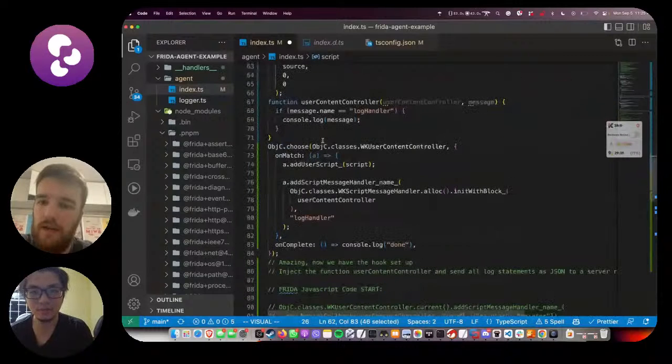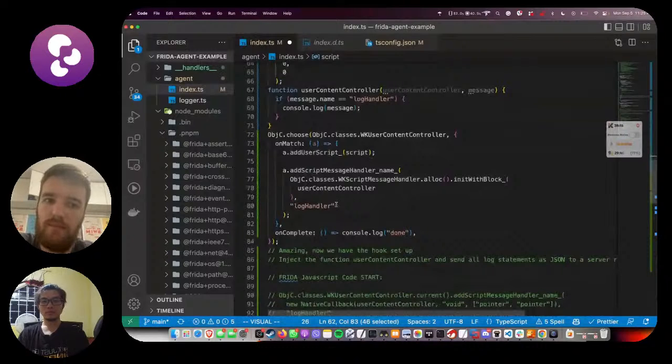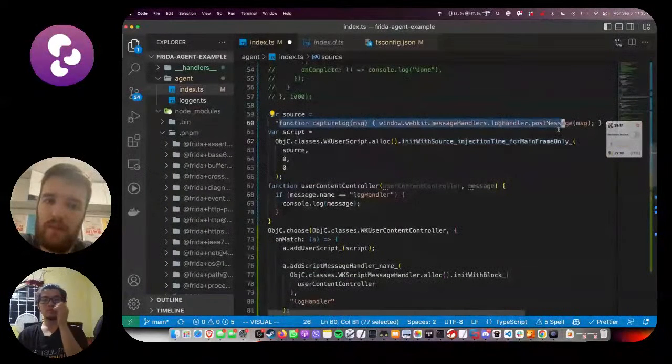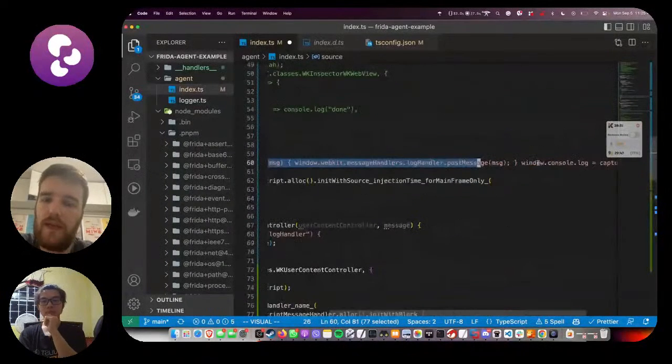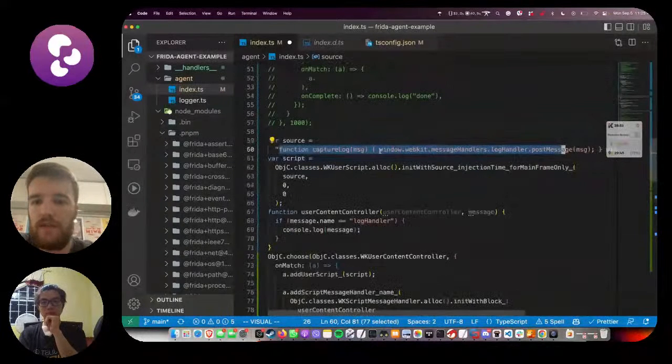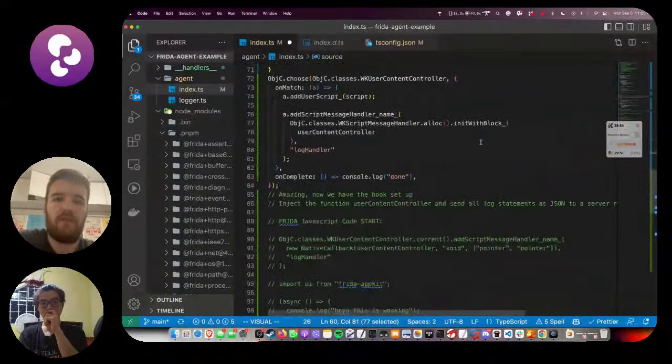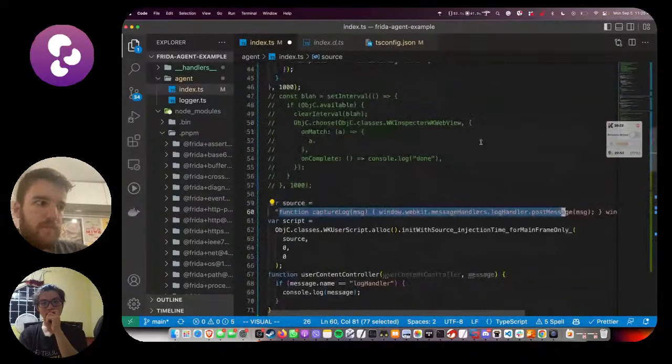But at the end of the day, the idea is we want to inject this into the process, into the web view, and then we want to be able to capture the output. So that's what I'm working on right now. And one of the things I've been thinking about a lot is, what if you can abstract this stuff a little bit more, and that way people can build extensions of any app on their computer. And unfortunately,